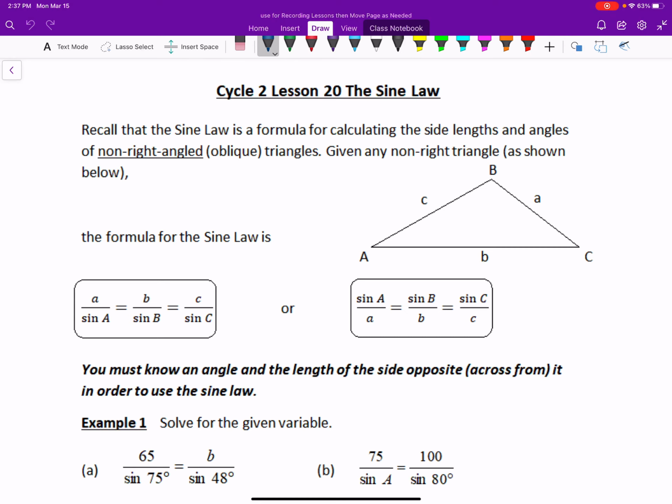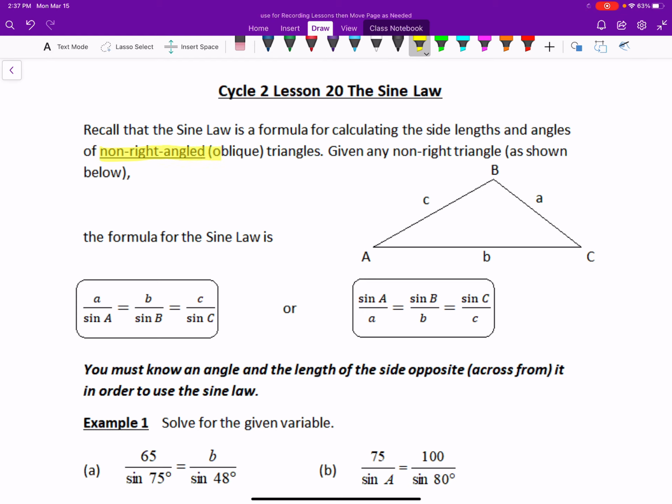In this lesson, we're going to review the sine law, and we're going to look at something called the ambiguous case of the sine law. So first of all, the review part. Remember, the sine law is a formula for calculating the side lengths and angles for non-right angled triangles, sometimes called